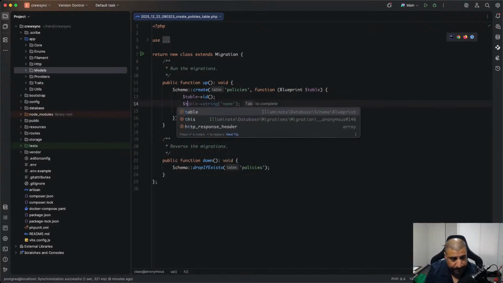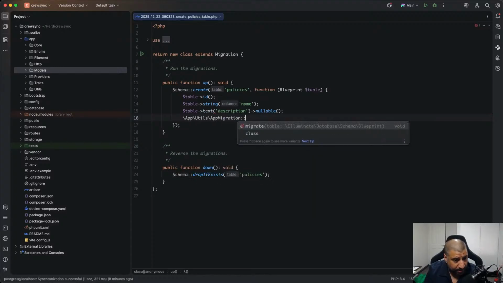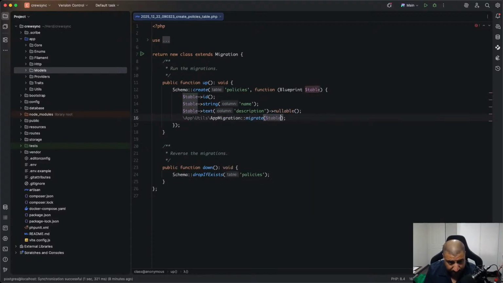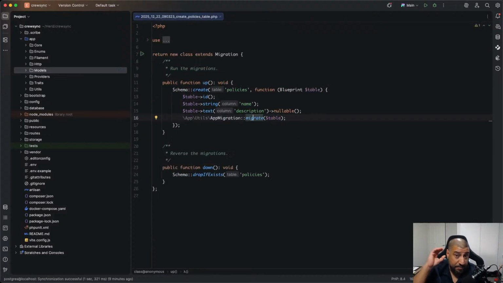So first string name and description as a text, and app migration, which has the table. And in here, we're going to be using one of those keys, probably attachments. Okay, to if it's a PDF as well, or